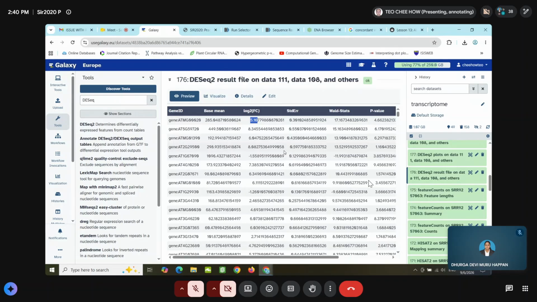So 5 means that they have the expression level in the treatment, in the heat stress sample, right? The expression is 2 to the power of 5 times more expression than the control. Because you're using log 2, so let me check.